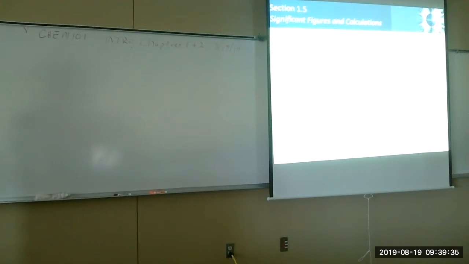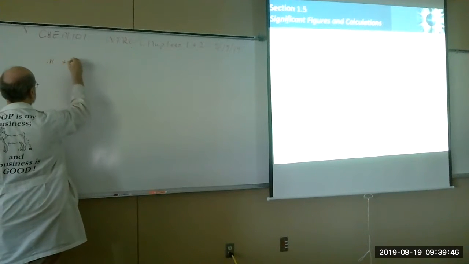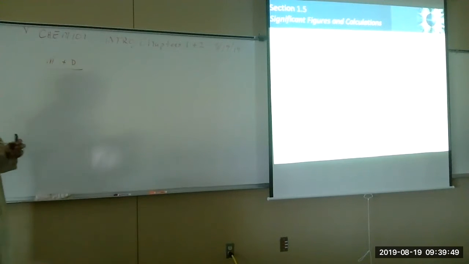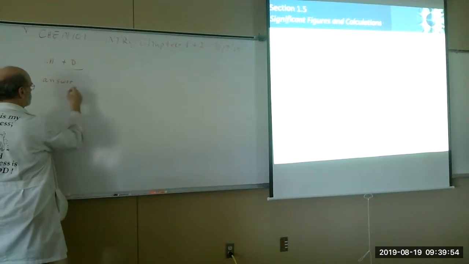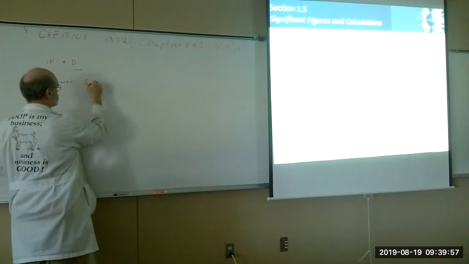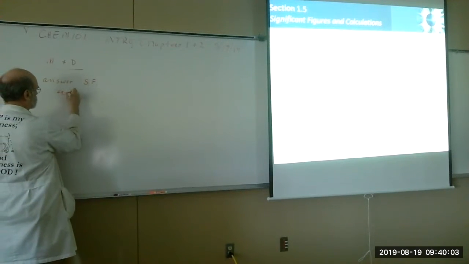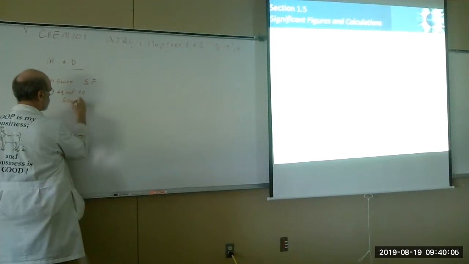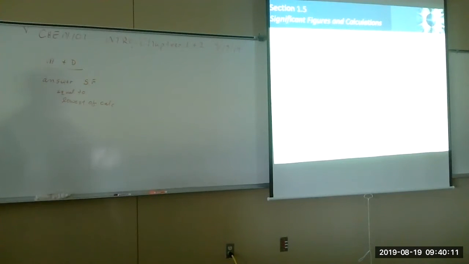So what do we do with significant figures in math operations? Well, there are 2 rules. One has to do with multiplication and division. Multiplication and division: the answer has significant figures equal to the lowest of the calculation. In other words, whatever number goes into your calculation, the least significant figure is what you apply